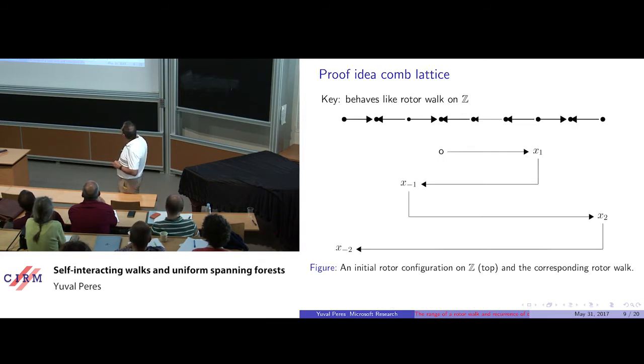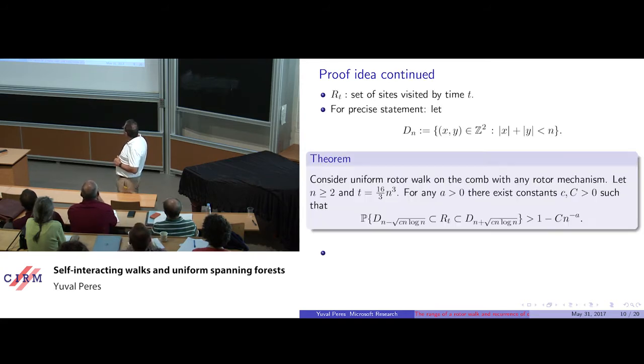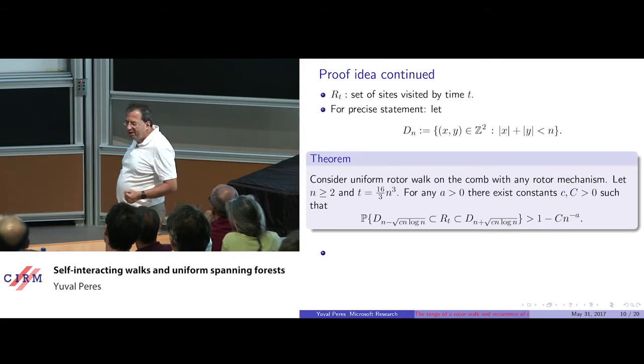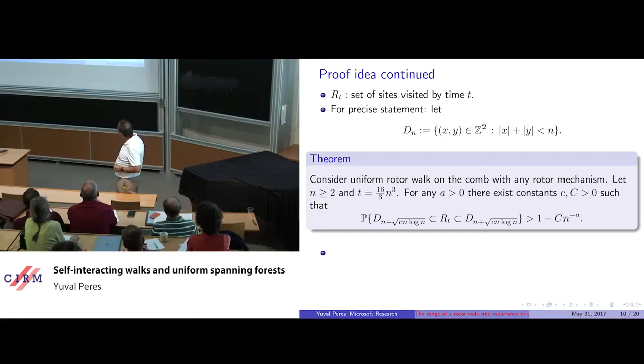First, you observe that on the x-axis it behaves like a rotor walk on Z, which will walk up to some point x1, then turn around and walk up to point x minus 1, and so on. You can determine these locations as sums of geometrics, and you have a similar analysis on each line. It's easy to analyze random walk and rotor walk in one dimension, and you can build on that to analyze it on the comb. And the conclusion is that